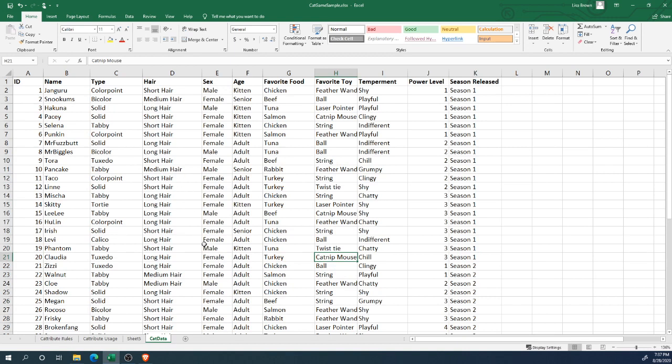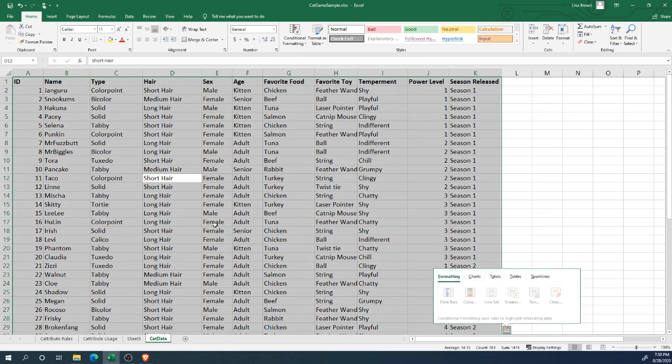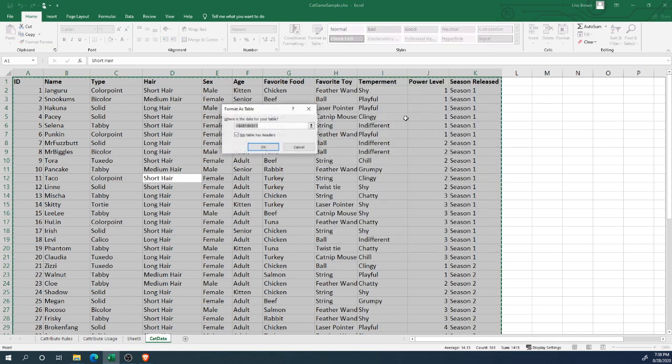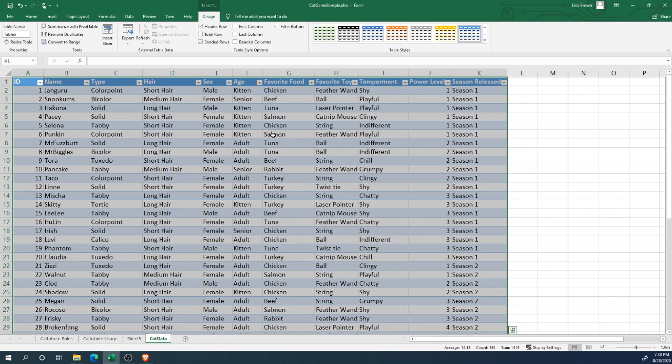All right, so the first thing we're going to do is make this a real table. So you can select all. Control A will select all the data. Go in the Home tab and up here to Format as Table. Now, tables in Excel aren't just a way to make your data look pretty, although I'm going to pick this lovely shade of blue, but it's not just for that. It'll show you the data range, say my table has headers, and it'll make it into something like this,